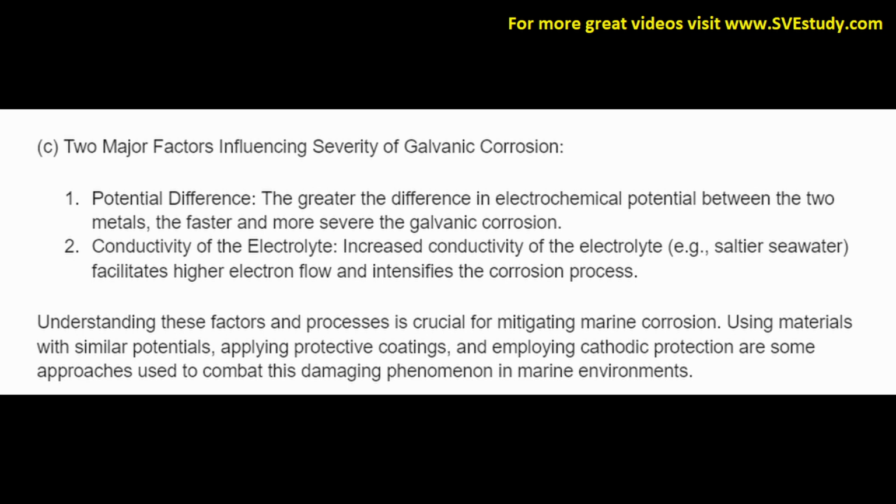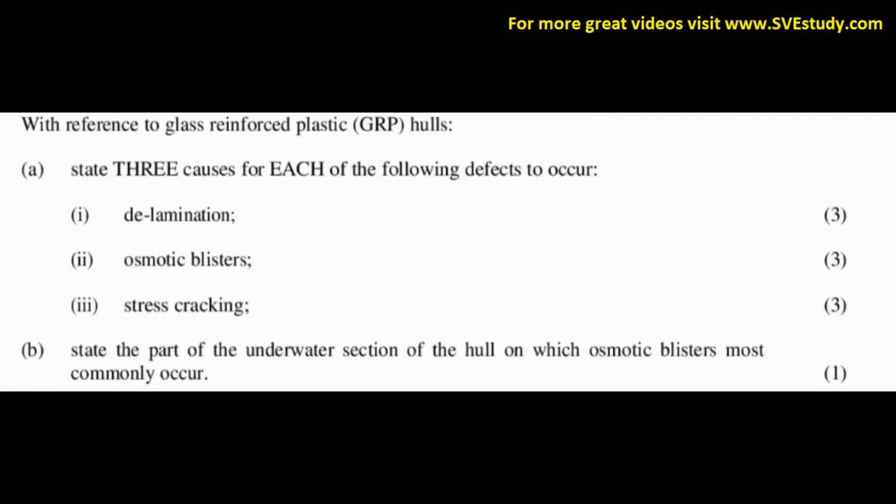Understanding these factors and processes is crucial for mitigating marine corrosion. Using materials with similar potentials, applying protective coatings, and employing cathodic protection are some approaches used to combat this damaging phenomenon in marine environments. With reference to glass reinforced plastic GRP hulls,